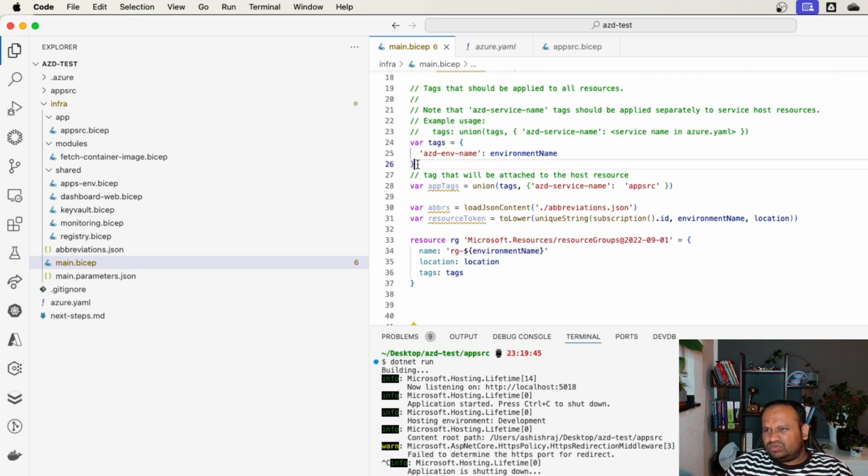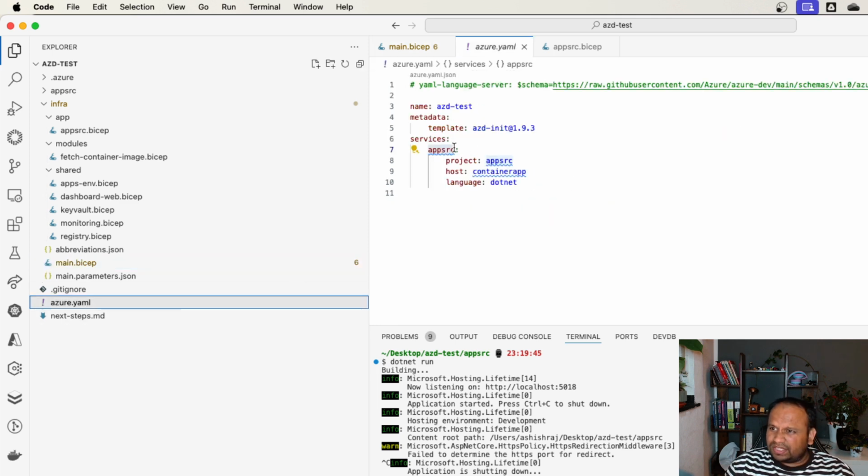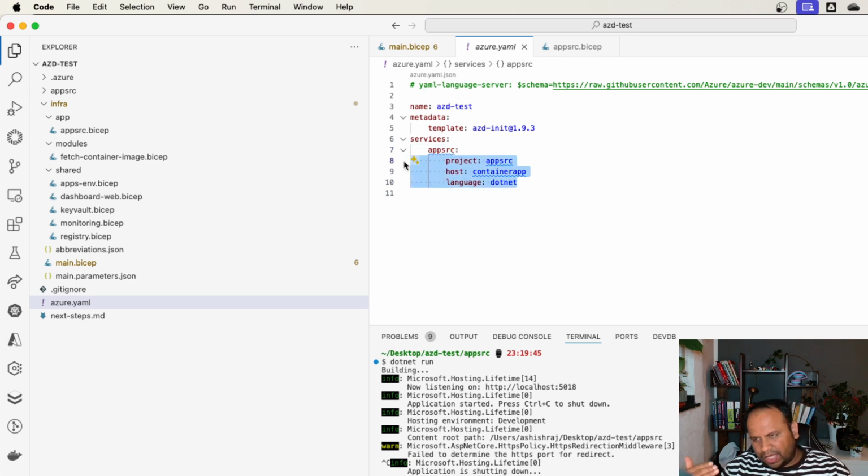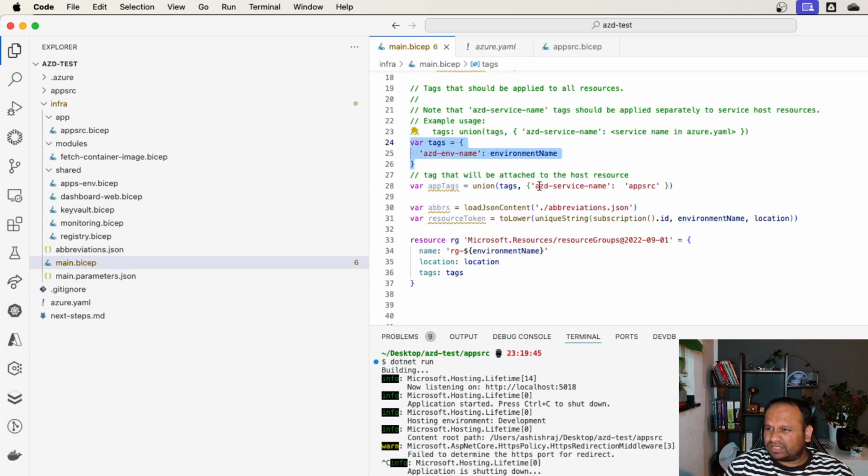Of course, here we are using this tag for tagging all the normal resources like the resource group and other things, but the service that is going to host the project you have defined here, where this particular application will be hosted, is a web app. Now that web app has to have the tag with this naming convention, and this is the exact key name: azd-service-name, which should be equal to the service name